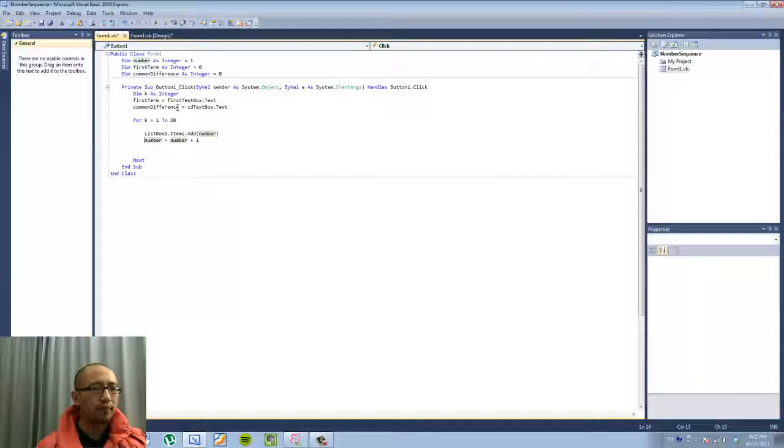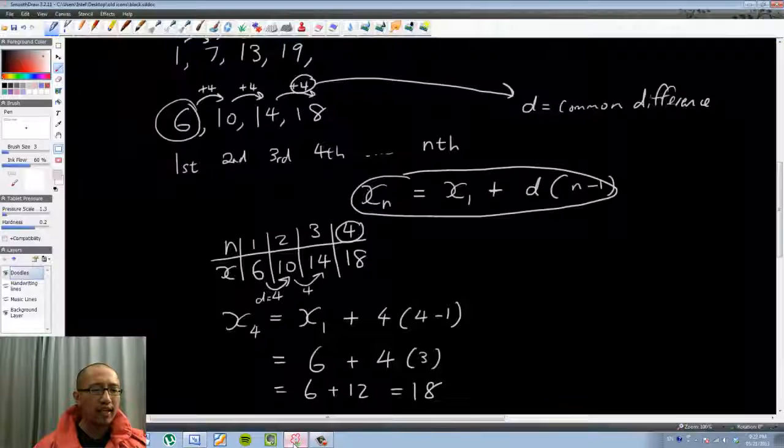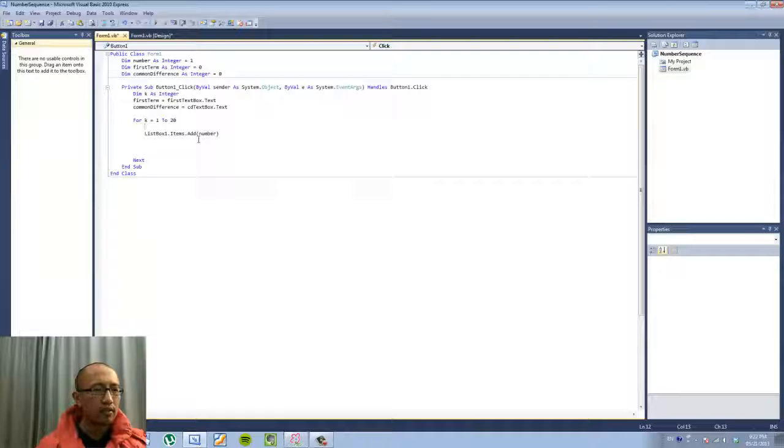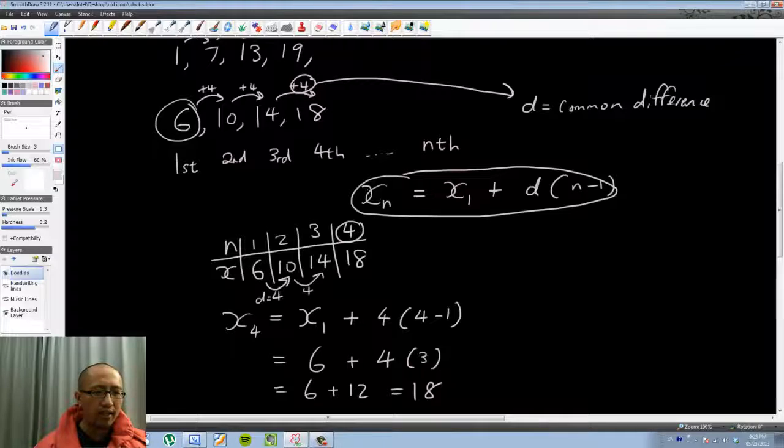So now that they're in our variables, what I want to do is use the formula. So what does the formula say? The formula says the nth term, actually I'm going to call it number. The number that's generated is equal to the first term. So I'm looking at this formula here. The number that is generated is equal to the first term plus the common difference